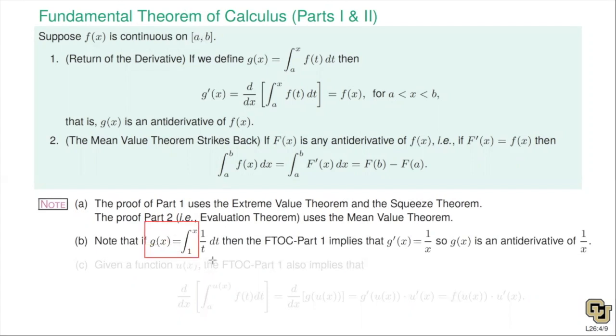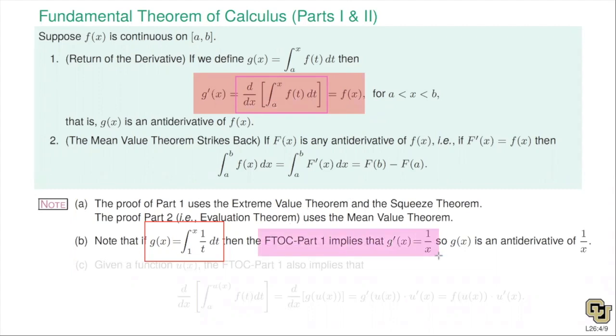If we define g of x to be this integral from 1 to x of 1 over t dt, then according to this fundamental theorem of calculus here, you see this derivative formula, the derivative of the integral from 1 to x of 1 over t dt will just be 1 over x. So here, the FTOC part 1 tells us that the derivative of this weird function,